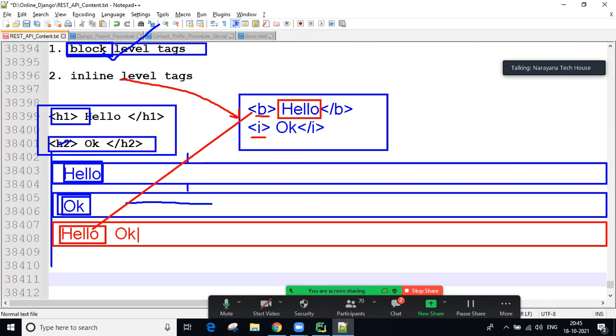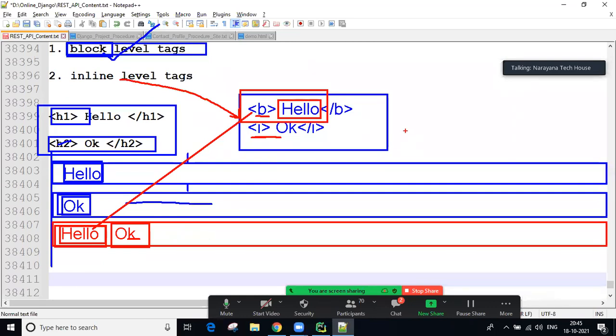Is everyone understanding the block level and inline level tag behaviors? Block level means always starting from a new line, left to right. Along with the block level tag, you get some space on the top and bottom by default. If it is an inline level tag, only the space required by the content is reserved. The remaining space we can use for another tag, again inline. Inline means the same line.